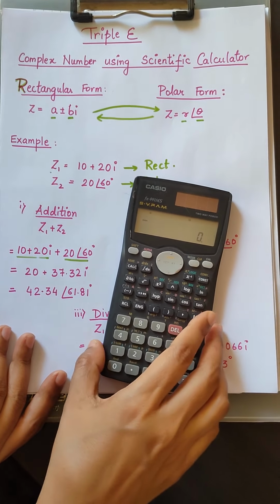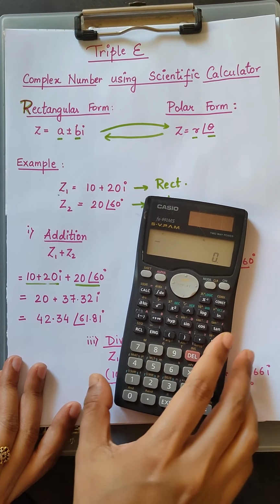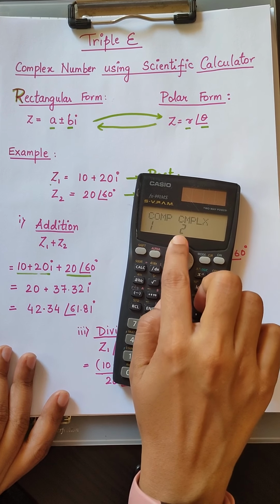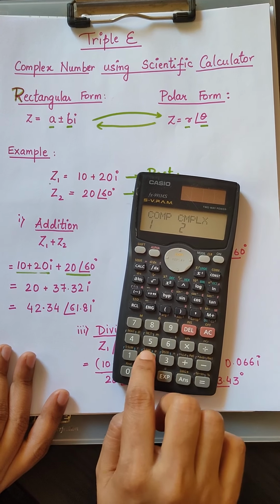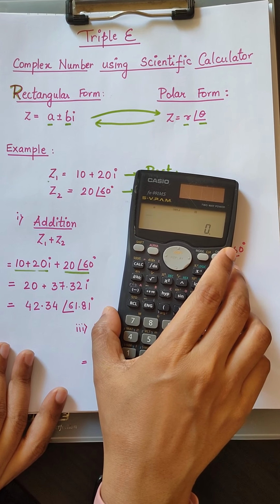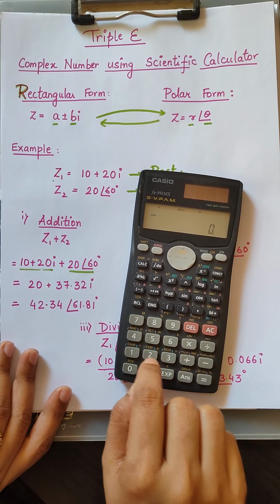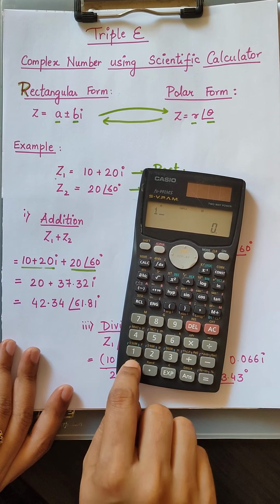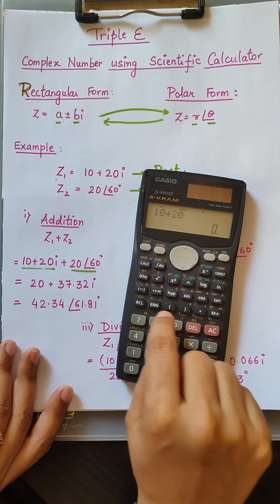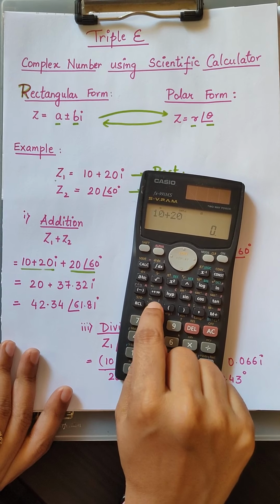So first I'm going to use this calculator, which is FX991MS. So first switch on the calculator and then go to mode, press this complex number, which is 2. Now the calculator is in complex mode, and also I'm going to use the calculator in degree mode. So let us now see how to press this. So 10 plus the next digit is 20i. So where is i? Above this ENG we can see the symbol of i. So just you press i.